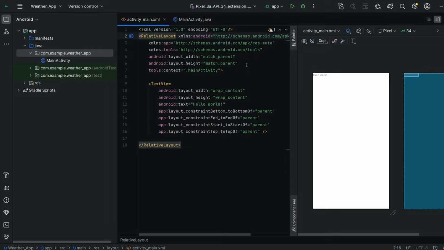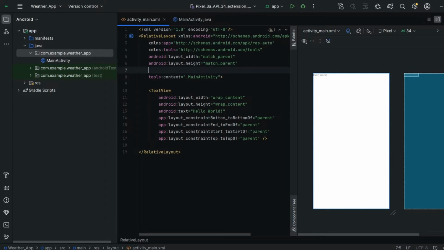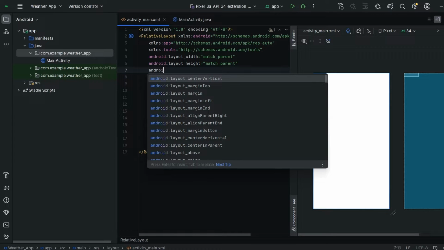First I am going to add the background color. So in this relative layout we have necessary things, Android app tools, and also it has layout width as match parent and layout height as match parent. Next I am going to give the background color, android:background.